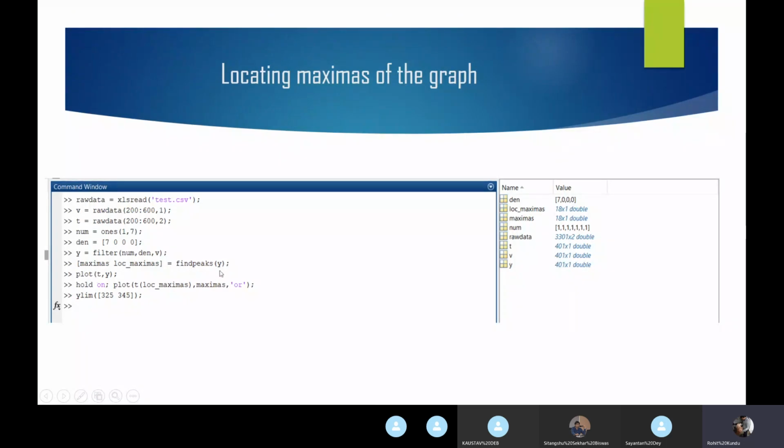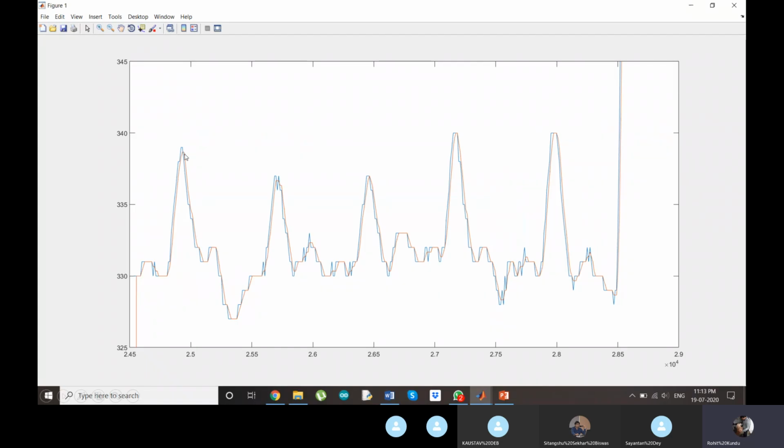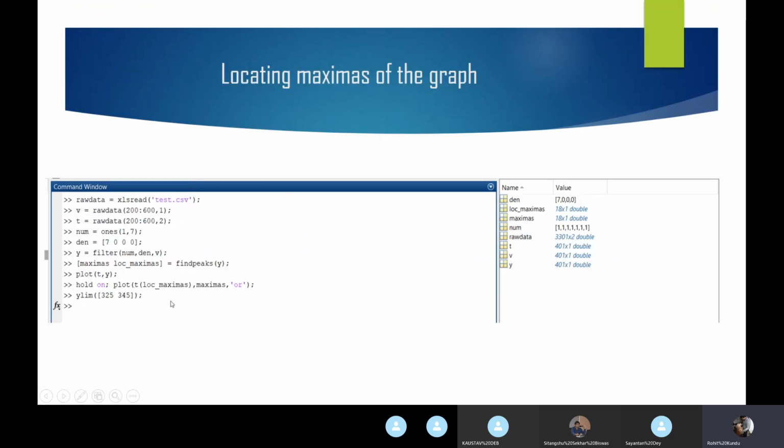The command is findpeaks and then the graph: findpeaks within brackets y, giving maxima, comma, location of maxima. The maxima variable holds these values, and the location variable holds the timestamp at which each maxima occurs.